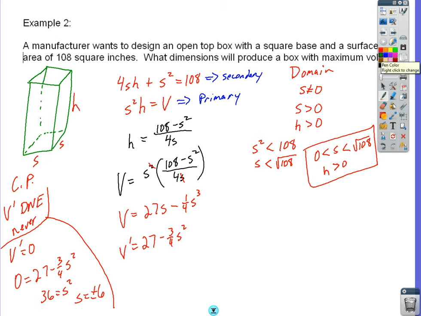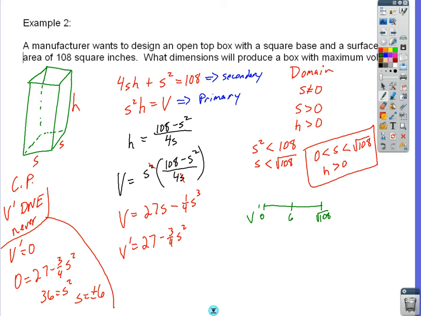So I come over here and I do my little number line with 6, and I want to put it in my domain, between 0 and the square root of 108. And when I stick in my values, v prime, when I choose 1 for v prime,